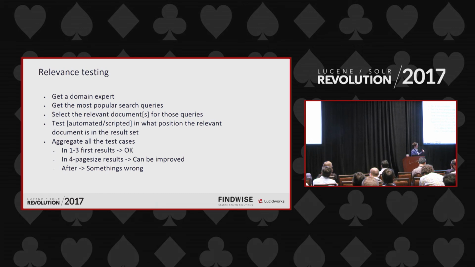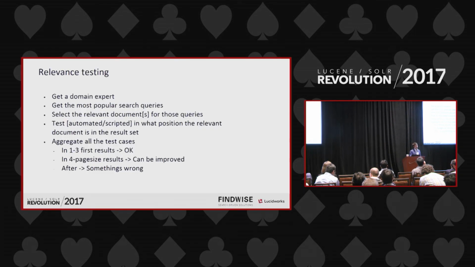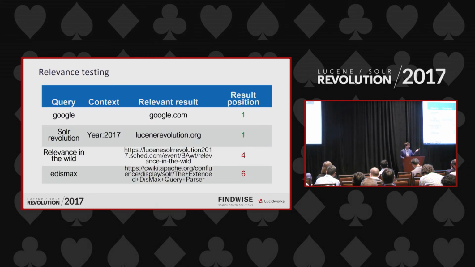And when we run this after changing something, we are going to see if the positions are getting down on the list or better on the list, if we want to keep the improvements that we did. And the results just look like this. You just have your query, what you're looking for, what you're expecting, you run it, you see in which position the result appears, and you register it. And for each of the runs that you do, you have the position, and you can compare them.